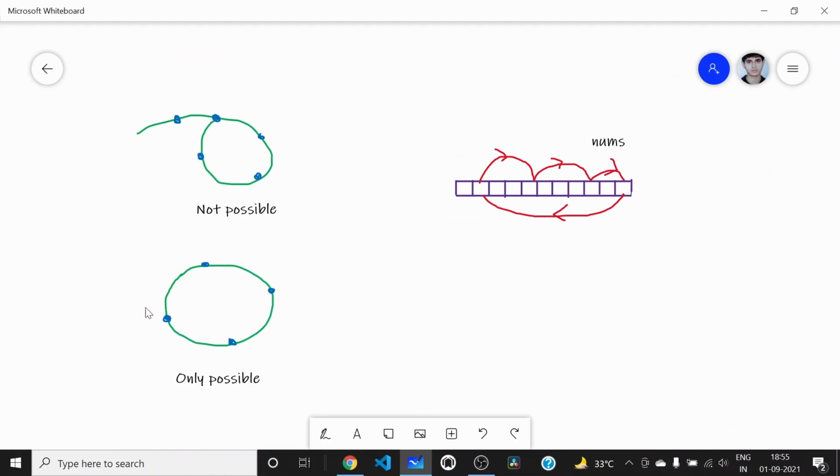So the only thing that is possible is this, and we can make use of the fact that all these four elements are present in a closed loop, so all the sets for these particular elements will have the same length. We can use this fact to prevent us from recalculating the sets for these elements, for these nodes.